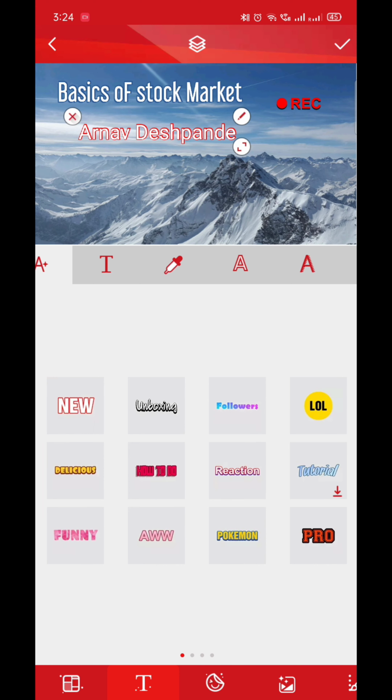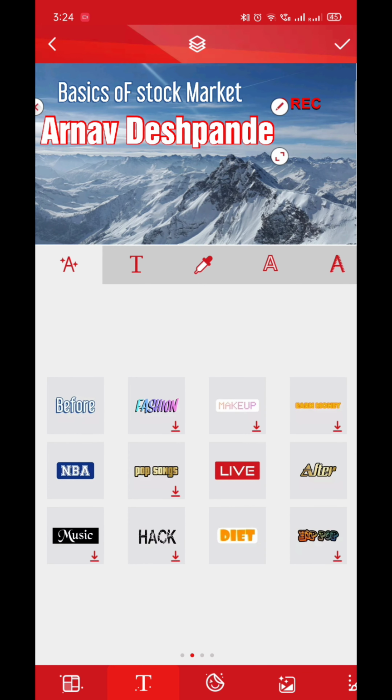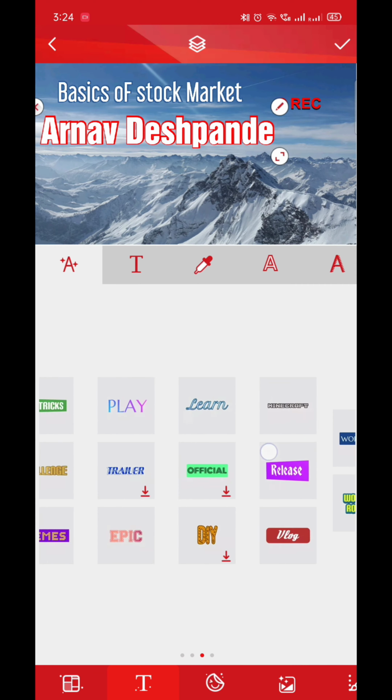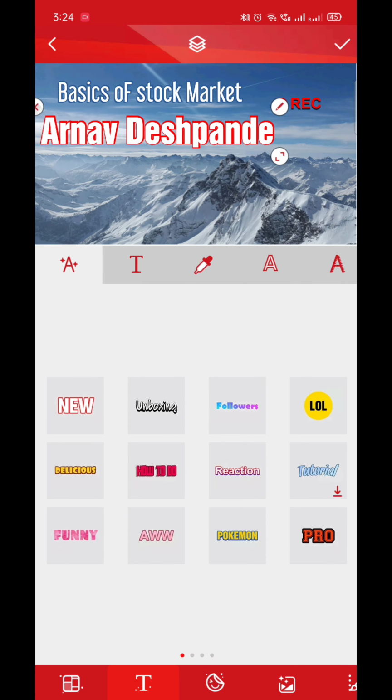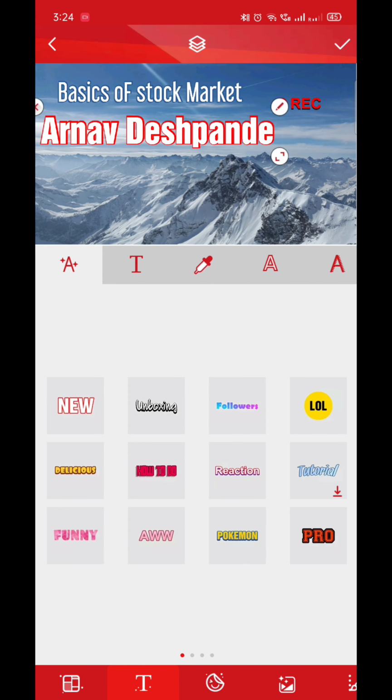So now I'll show you how to basically use this one. Here are many presets by the app which are made especially for you to make your work easy. So here are some text presets which you like, you can attach to the text.